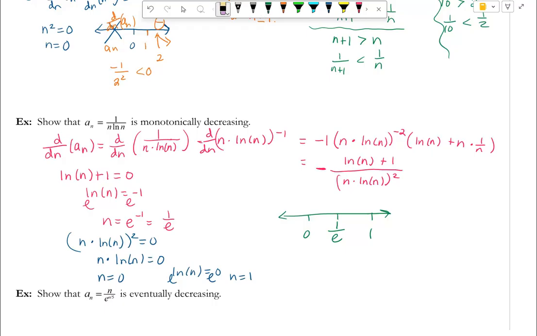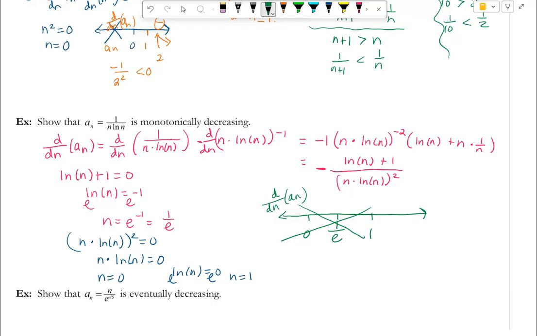And then we have the number 1. And remember, we are not actually going to ever plug in an n value that's less than 1. So of all these numbers, the only critical value that really matters is the 1, because we're working with sequences. So I don't have a term before my first term. So when I consider the sign of my derivative,